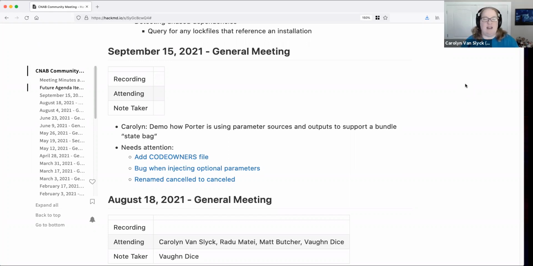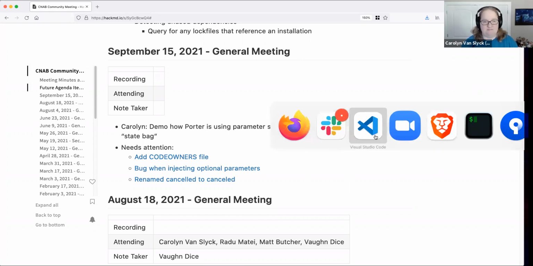This made me realize that there was a gap in Porter's mental model for how to work with bundles. Because tfstate isn't really an output as far as the bundle author thought about it. It's state. It's not something relevant to the user who's running the bundle, but it's important plumbing to make it work. So what Porter does is it adds